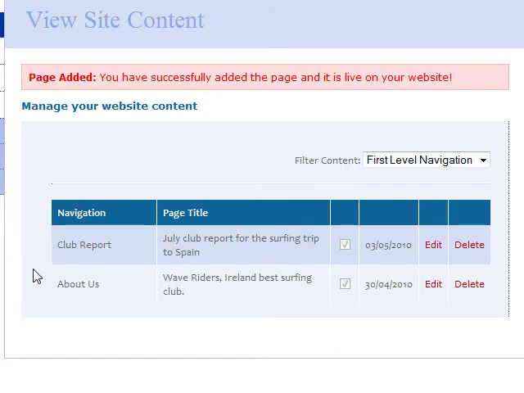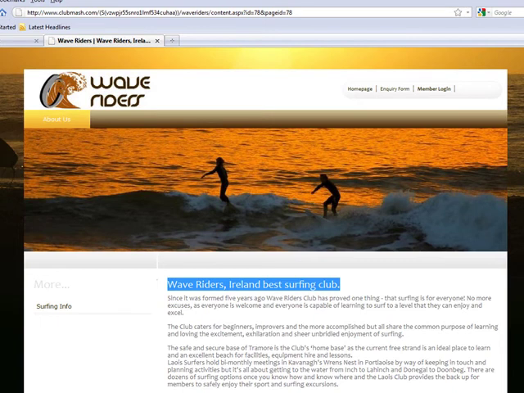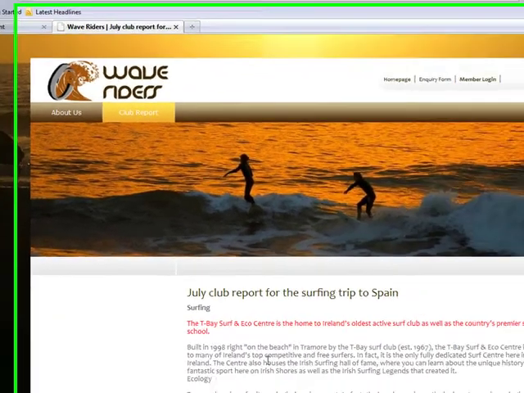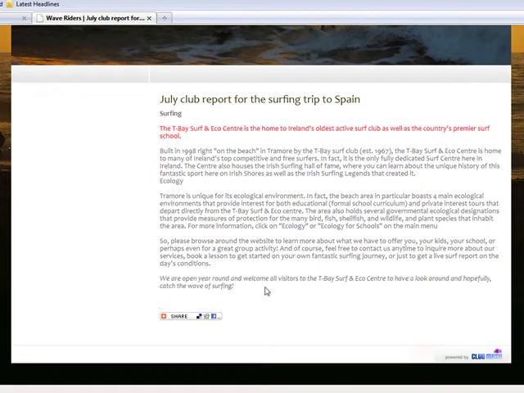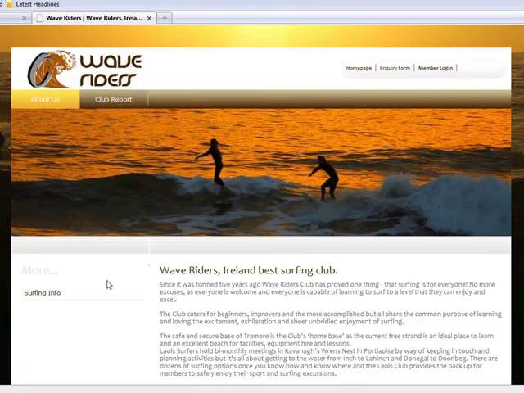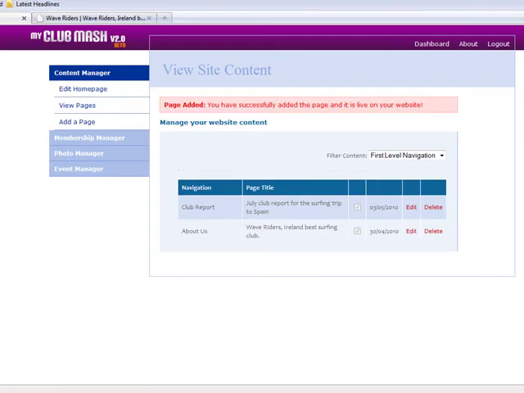And there you can see you've added your club report. And if we go over to the actual website itself, you can see, refresh the page, and your club report is there. Just click on that and you can see that the content is there as you had set it up. Okay, now in order to add a sub page like Surfing Info here to the club report, it's a very similar process. We just pop back over to our content,